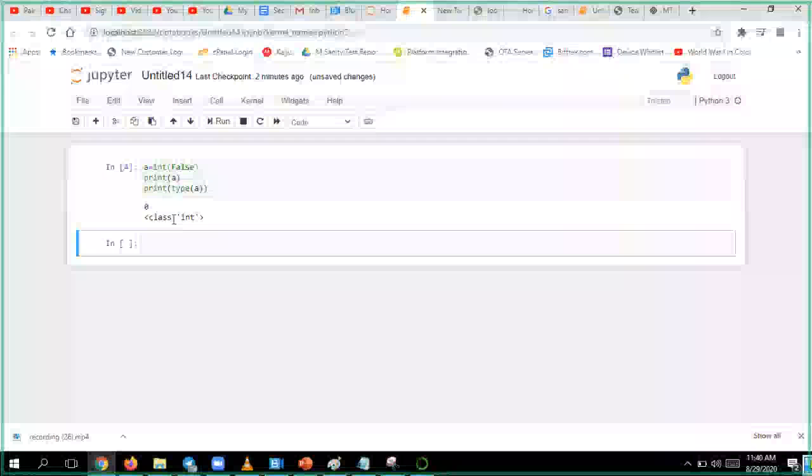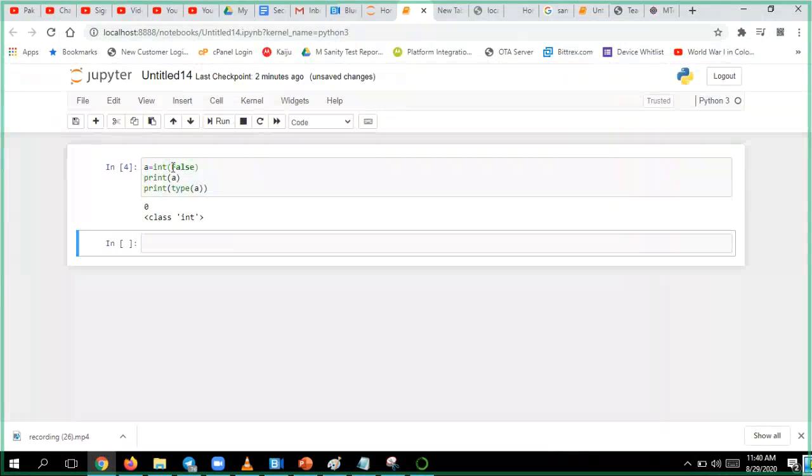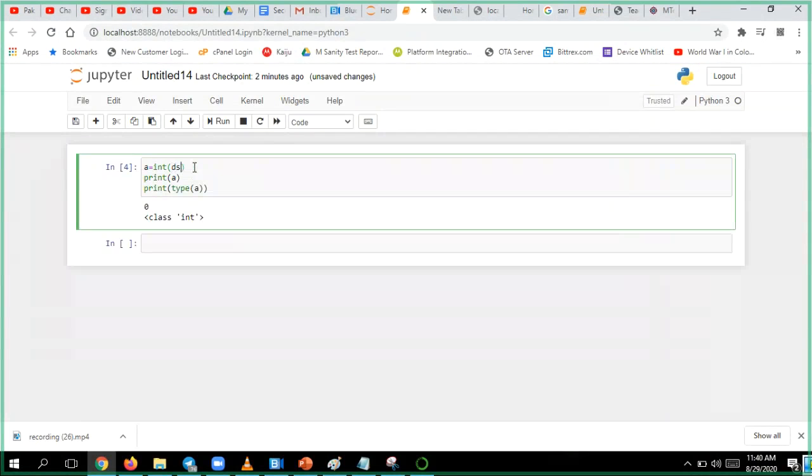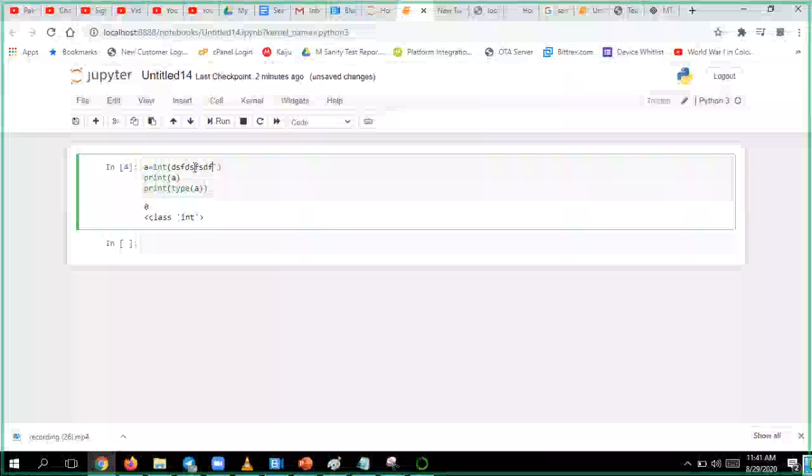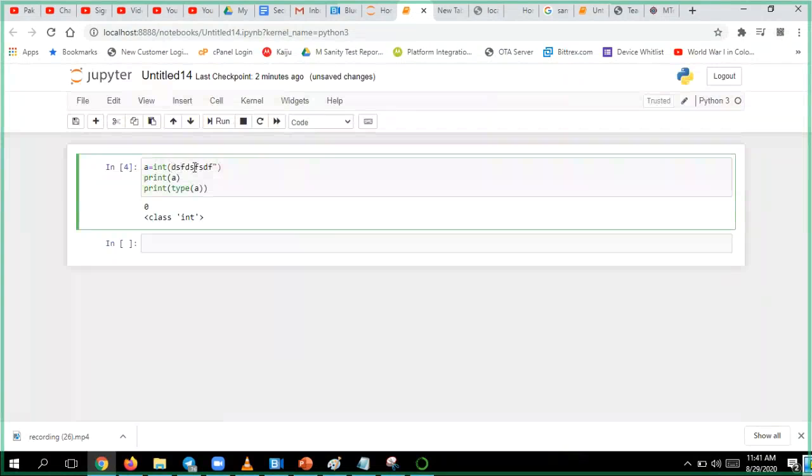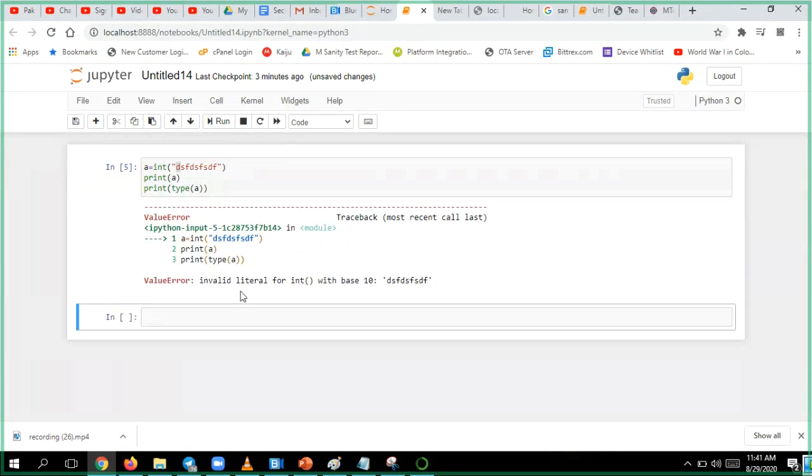What else can you do with this? I have a normal string, but when I try to convert that normal string, it takes each and every element and checks whether the first letter is a number or not. If it is not a number, and it is some normal text like alphabets, characters, then it will throw you an error.